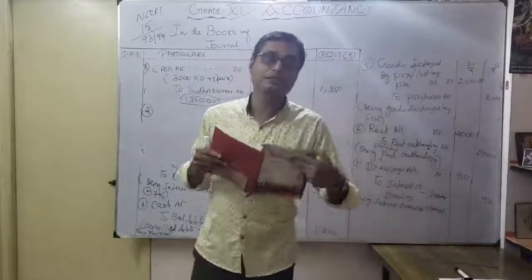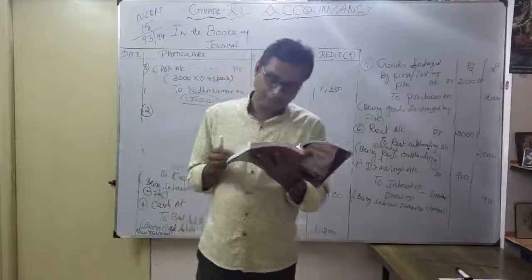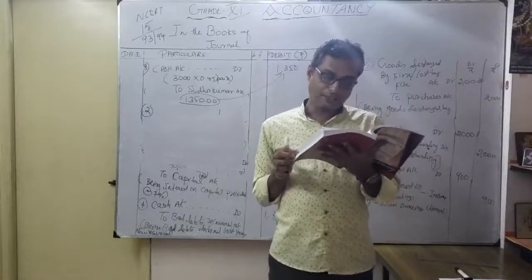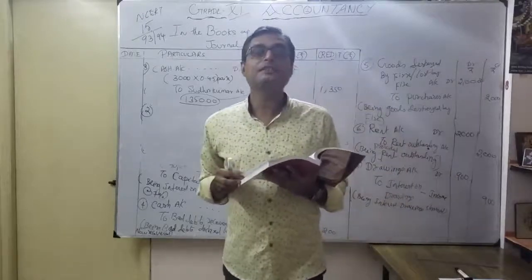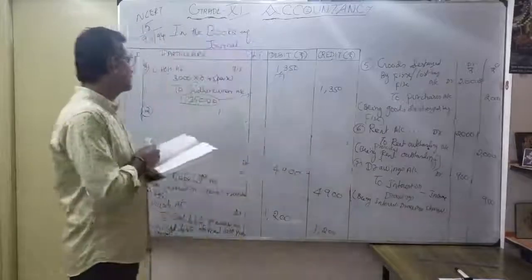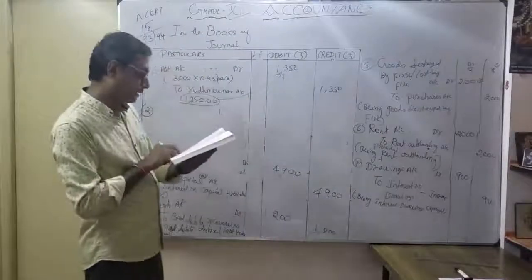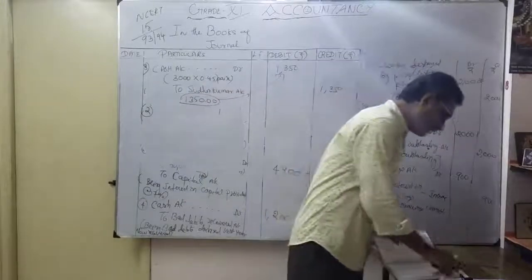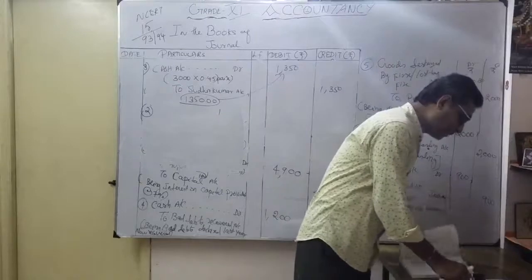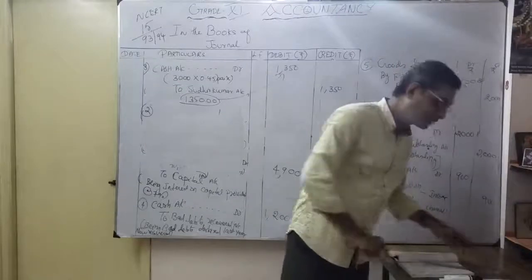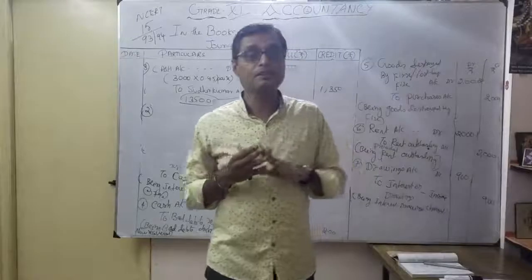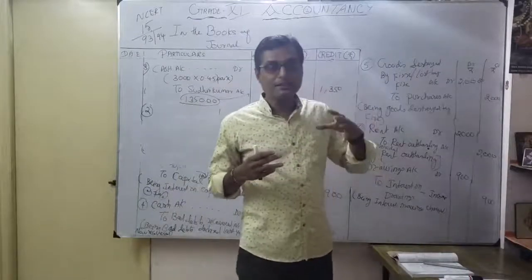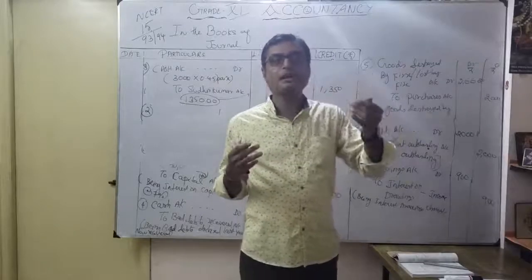Exercise number 14. There, what happened? See, that is the value, how much? Same. Last entry: in 2,000 worth, he received only 60 paise. Similarly here, of 3,000 he received only 45 paise. Finally, it's very important: commission received in advance. Okay. We got commission but received in advance. That means what? You have to follow which concept? You have to follow the periodic concept, that a particular year only you have to account for, or the matching concept. Here it is related to the periodic concept and the matching concept.